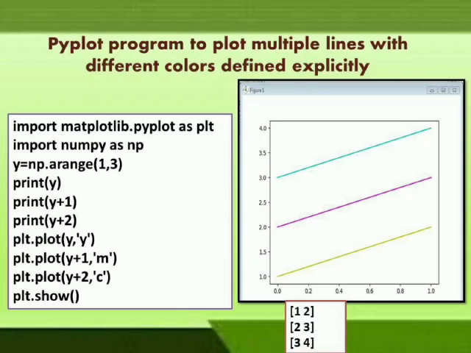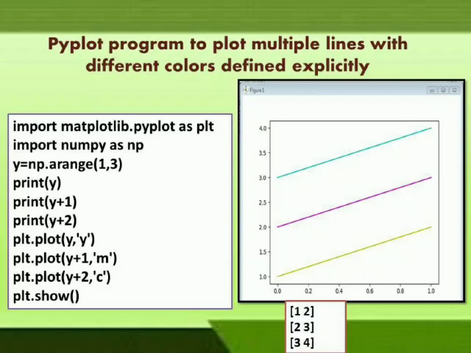Third is print y plus 2. The value of y we know, y is the numpy array, the value of y is 1 and 2. So when we add 2 to 1, it comes out to be 3. 1 plus 2 is 3, 2 plus 2 is 4. So just see the last row, the third row below the diagram. It comes out to be 3 and 4. So this is the output which we want in the form of the line chart.